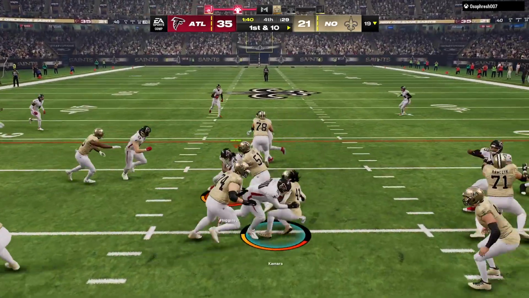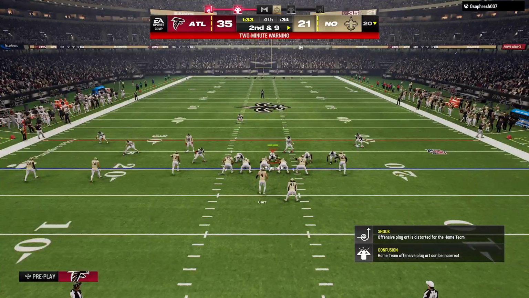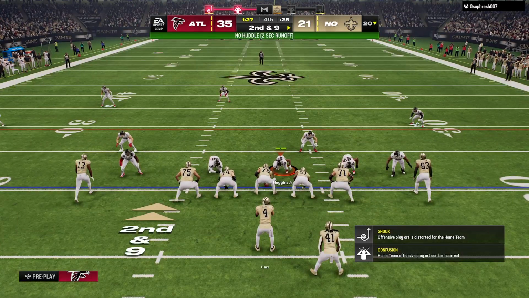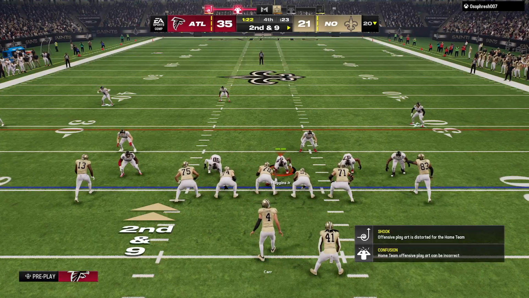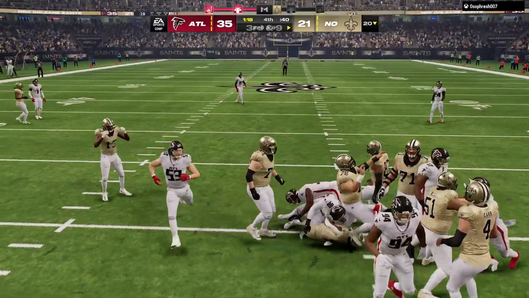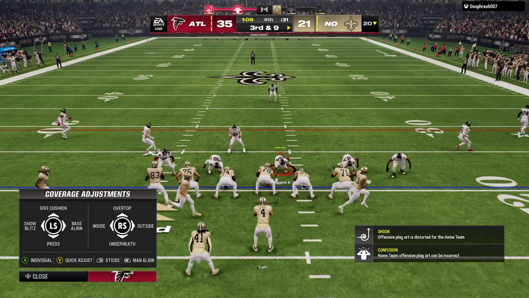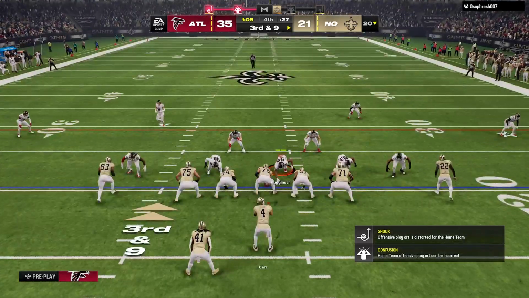They start the drive on the ground. Kamara, and he'll be taken down at the 20 after a gain of just 1. Here's 2nd down. 1-yard gain brings up 2nd and 9 at the 20-yard line. They run it again with Kamara, and he's swallowed up right near the line of scrimmage. They'll get to the line here, but remember, it's also 3rd down. No gain on the play. Brings up 3rd down